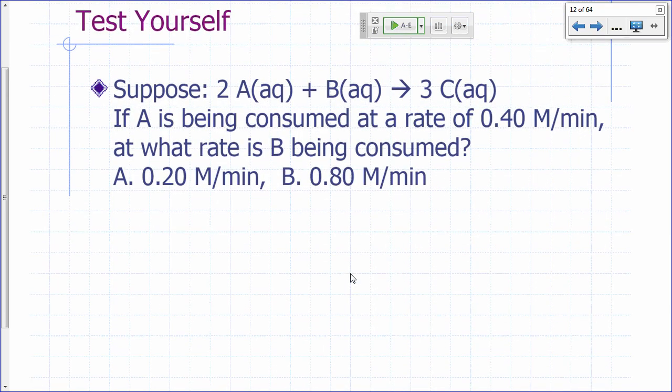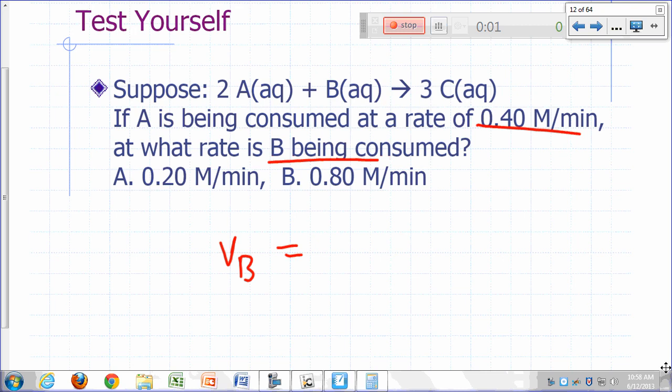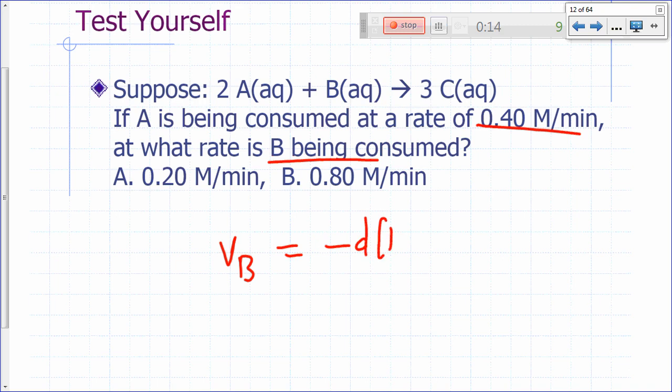Okay, let's try another one. Same reaction, same rate, 0.4 moles per liter per minute. At what rate is B being consumed? What is V sub B? Rate of consumption of B. Is it 0.2 or 0.8? This is negative dB dt. That's equal to,